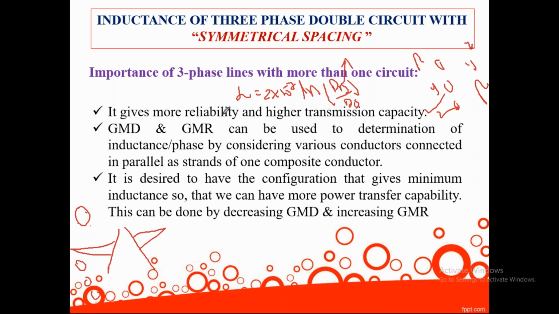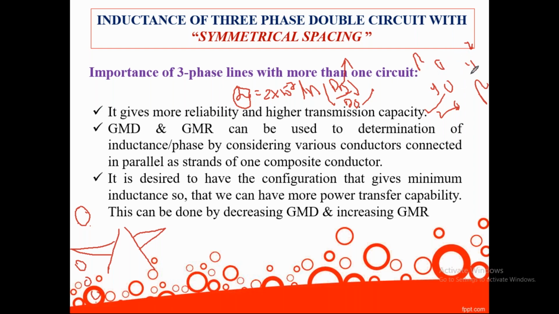Actually, to reduce the drops in a transmission line, what we have to do is reduce the inductance. If we reduce the inductance value, we can reduce the losses that occur in the transmission line. How can we reduce the inductance by conductor placement? If you reduce this GMR value, then automatically inductance will be reduced. So that's why in a 3-phase double circuit the position of RYB will differ in circuit 1